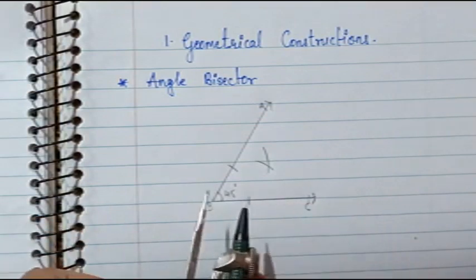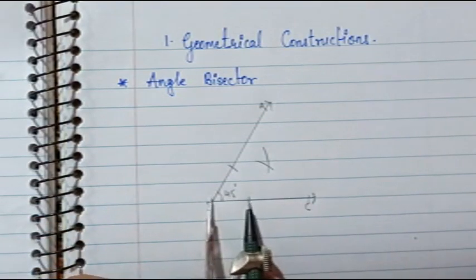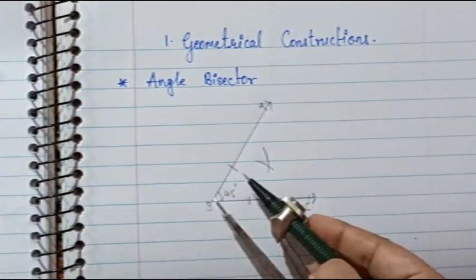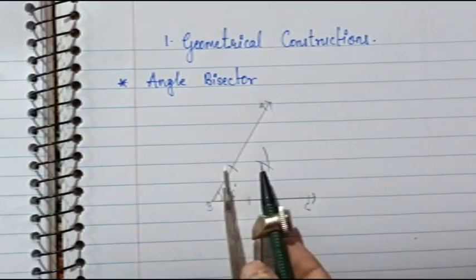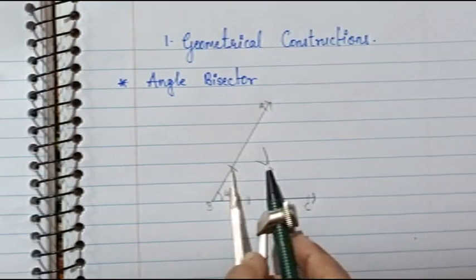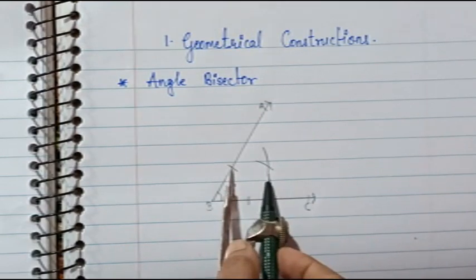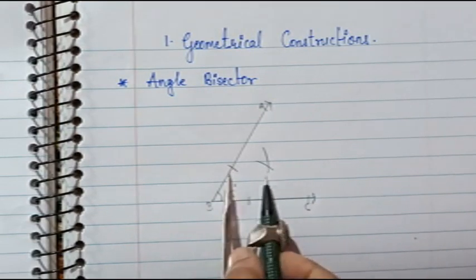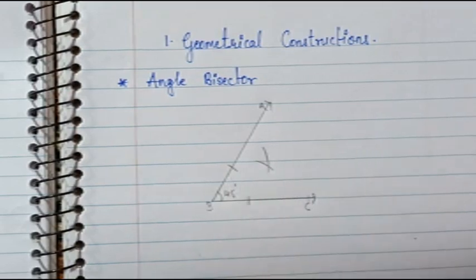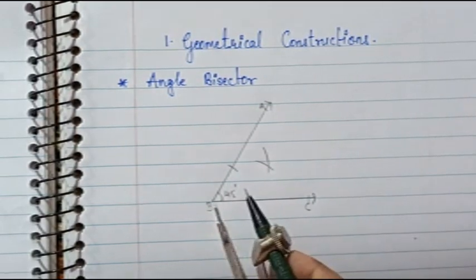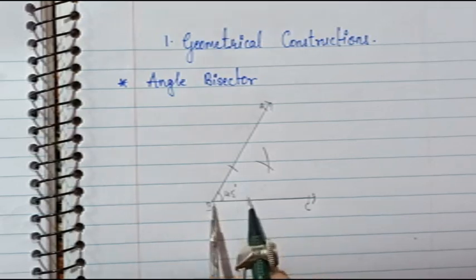सबसे पहले क्या करना है, आधे से कम डिस्टेंस लेके आपको पहले एंगल को बाइसेक्ट करना है. ठीक है, साइड्स ऑफ एन एंगल को बाइसेक्ट करना है. फिर जहां पे आपने बाइसेक्ट किया उधर से लेके आपको इंटरसेक्टिंग पॉइंट बनाना है, ऑफ बोथ द आर्क्स. ओके, और यहां से आपने स्टार्ट किया था, सो दिस इज एन ओरिजिन.